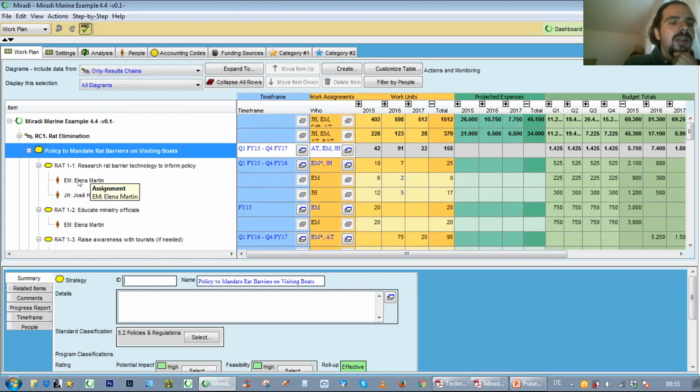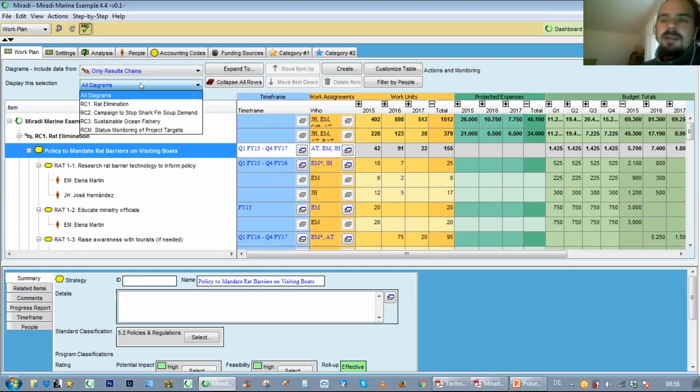And if I move up again, our resources or the assignments, who is going to take care of, is also now integrated into the tree view, which wasn't the case in earlier versions. What is also new is that you can display only a selected results chain, which is actually one of the most needed features from my personal work on the last two projects. So we can now either show all the diagrams or just a specific results chain